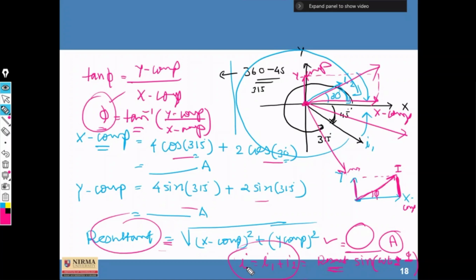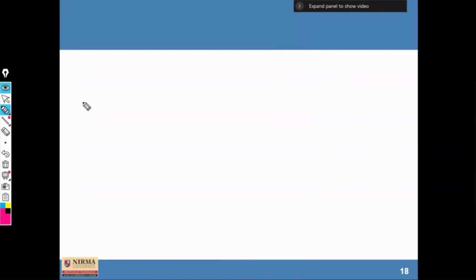Example, LCR series circuits. Now let's say one more example. Okay. Three voltages are represented by